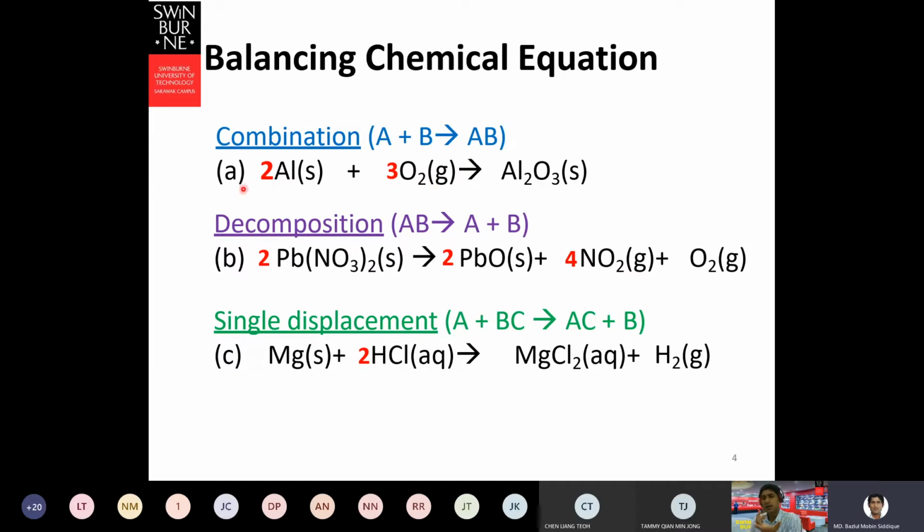So in another way, we can say that 2 moles of aluminium and 3 moles of oxygen are involved in this reaction and are producing 1 mole. Here there is only 1, right? Since there is only 1, we don't need to write it. So 1 mole of aluminium oxide is